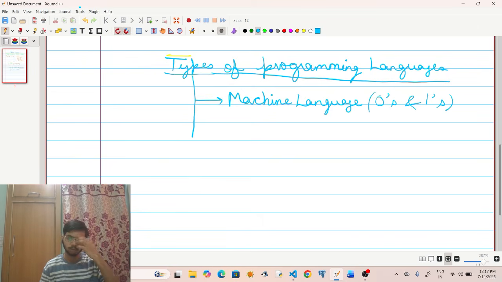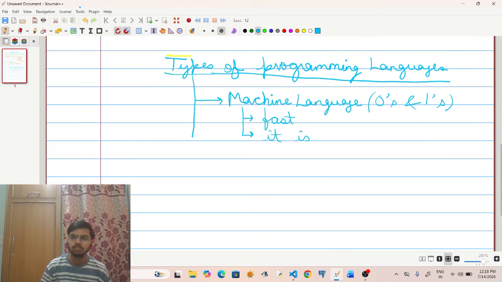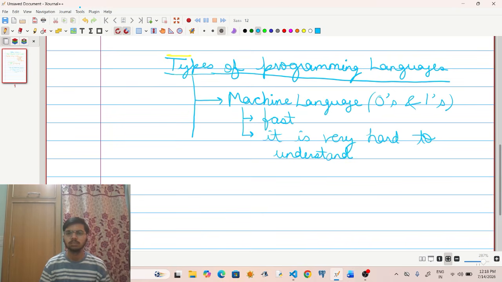This was the closest language as the machine can understand, so it was very fast. But the thing about it is it was very hard to understand. So there were very few people who could understand such a language. And yes, it was very difficult for us to code in this language.